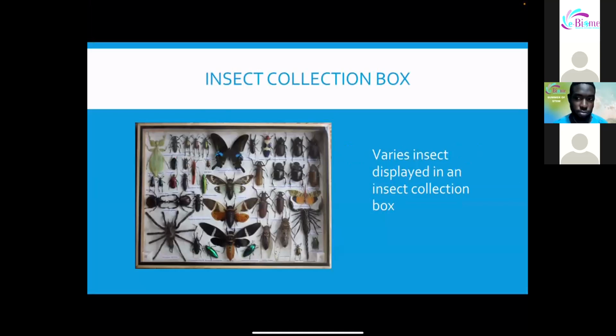So while I was in college, one of the things that made me fall in love with insects is doing curation of insects. And this is an insect collection box. As you can see, the insects were preserved, they were prepared and stored in this box. And then later you can take them out and do further studies with them. But you have to kill them first. Yeah, you have to kill them first, but not like knock them out with a stone or something. No, they just expose them to lots of heat. Or gases.